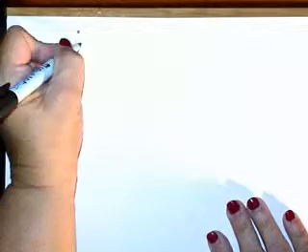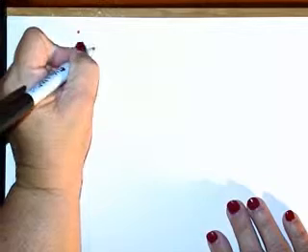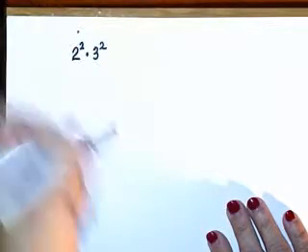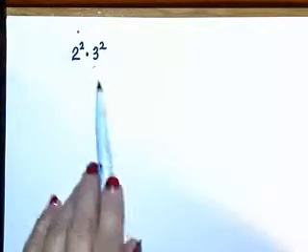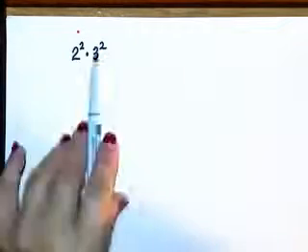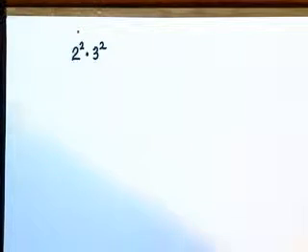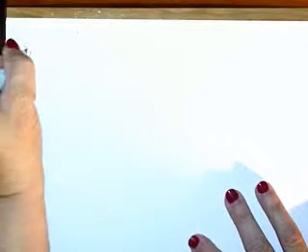So, in other words, if I write one number as 2 to the second times 3 to the second, that represents only one number. Those prime factors wouldn't be prime factors of more than one number. And that's the fundamental theorem of arithmetic. So what I want to do is prime factorization